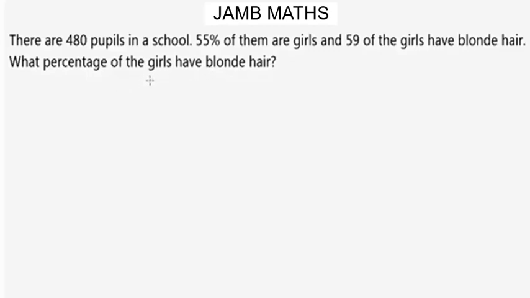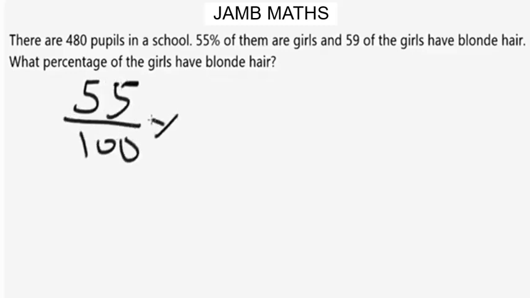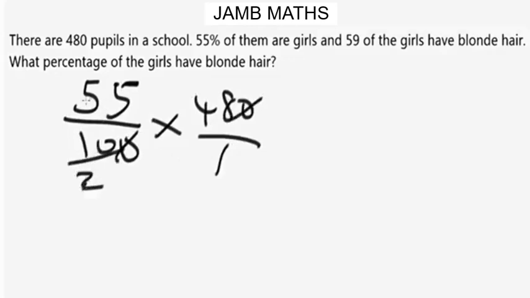So to get the number of girls out of these 480 pupils, it says 55% of them are girls. So to get the actual number of girls, we convert this 55% into values: 55 over 100 times 480 over 1. Please cancel this. 5 will cancel, 10, that's 2. 5 will cancel this, that's 11. 2 cancels this, 1. 2 cancels this, that's 24. So 24 times 11, if you punch it in the calculator, you're going to have